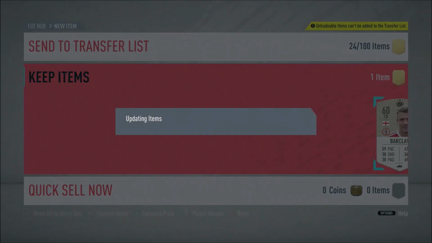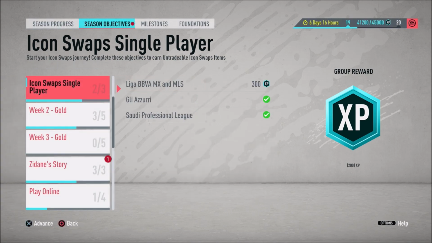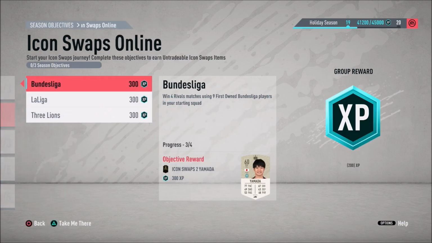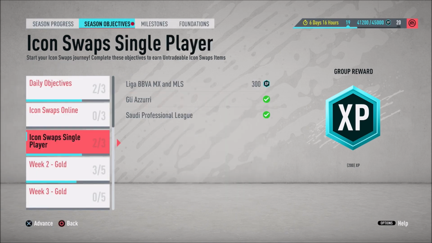I'm already working towards the other ones as well. You'll see that the Mexican / MLS one, we are 2 out of 6 complete. It's pretty simple to do now, isn't it, really? And then on the online ones as well, we're 1 game away from doing the Bundesliga and the rest. I should get them all done, so we should have all 6 tokens by the time that this season comes